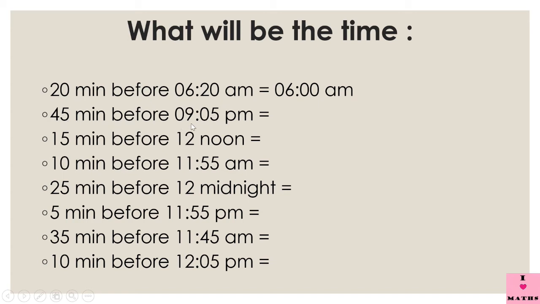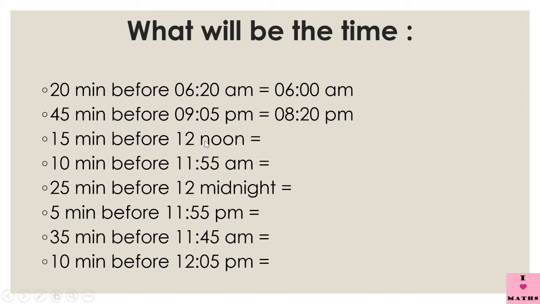Now, if we subtract 40 minutes from 9 p.m., children, we will get 8:20 p.m. Now, why are we getting 8:20 p.m., children? Because 40 plus 20 is 60. And we are going backwards in time. So when we go backwards in time, before 9 p.m. will be 8 p.m. So this is 8:20 p.m.